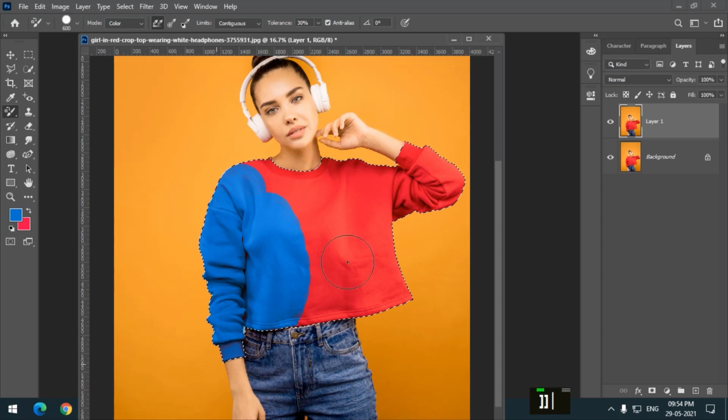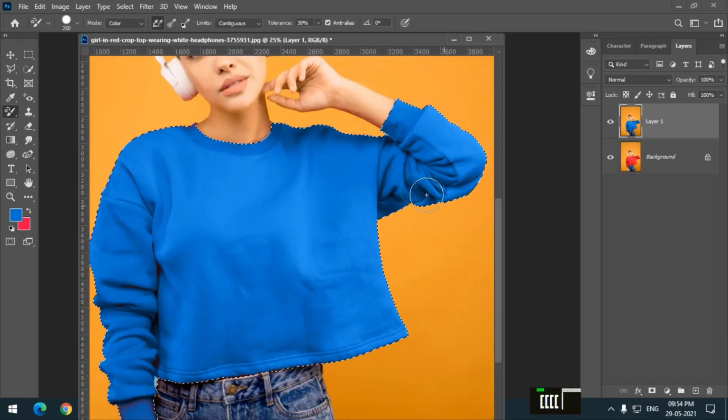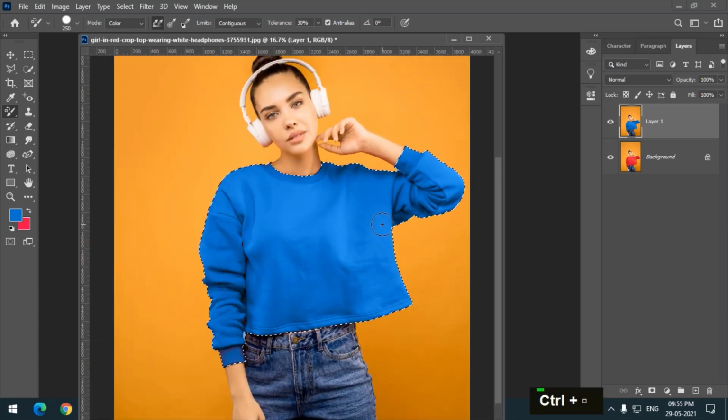I am doing this in one go. If I release my mouse button, it will take longer to color certain areas. That's why we don't want to release the mouse button, so that it will replace the color in one go.